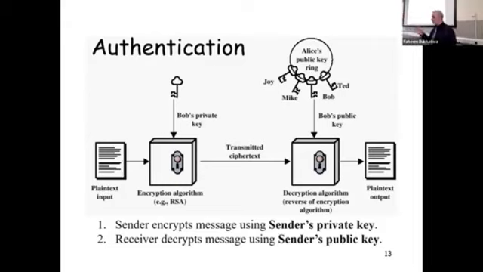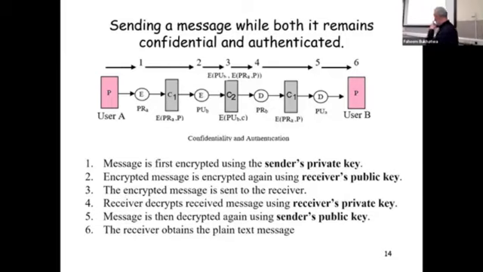Encrypted by the private key of the sender first, and then by the receiver's public key. So the private key of the sender, followed by the public key of the receiver. So here's what you need to do if you want to send a message that's both confidential and authentic. If you're asked how you send a message using a public key encryption system that's authentic and confidential,